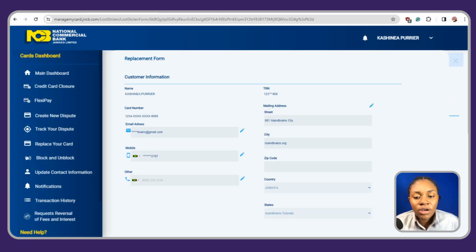After choosing the card, we're going to be presented with the replacement form, where the first information that we're going to be seeing on it is our contact information or the customer information. So if any of your contact details have recently changed, you can always edit it by clicking here. So after you've checked that all of that information is correct, you're going to scroll down and